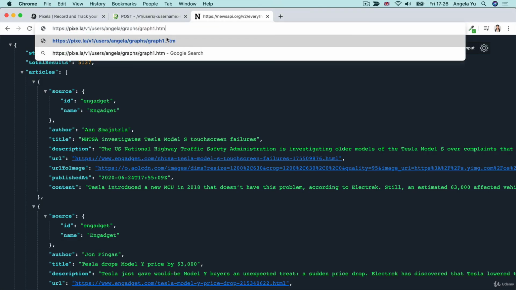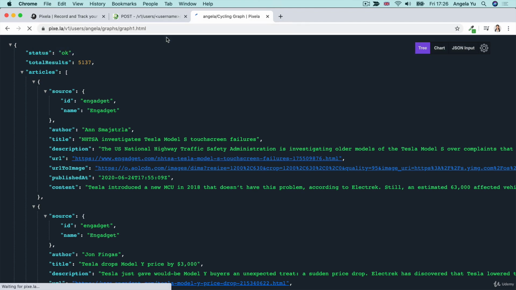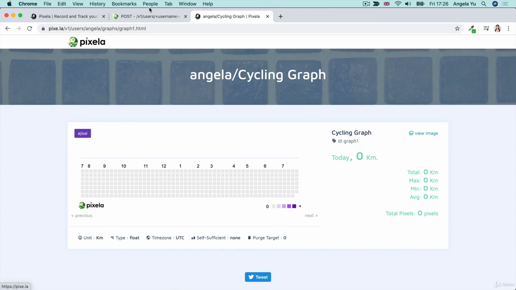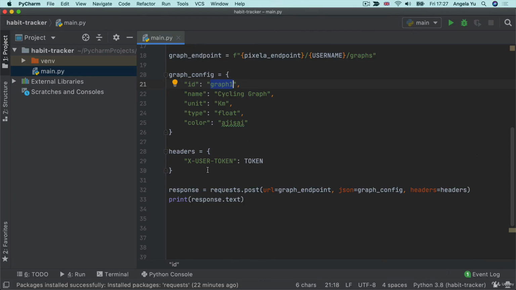Now we're going to finally tag on an .html to the end, and when I hit enter, you'll see it go to my brand new cycling graph right here. And it's going to be colored in purple, and it's going to look beautiful, and it's going to start tracking my cycling data. So this is how we can authenticate ourselves using a header,